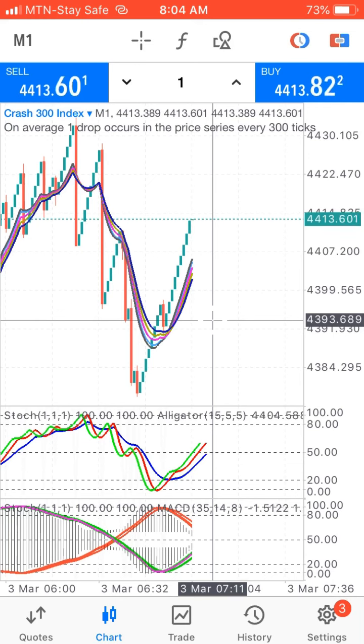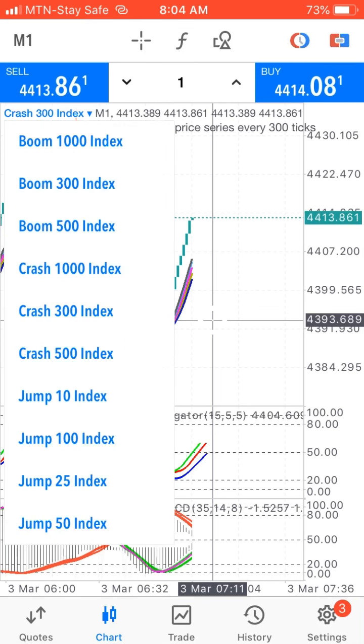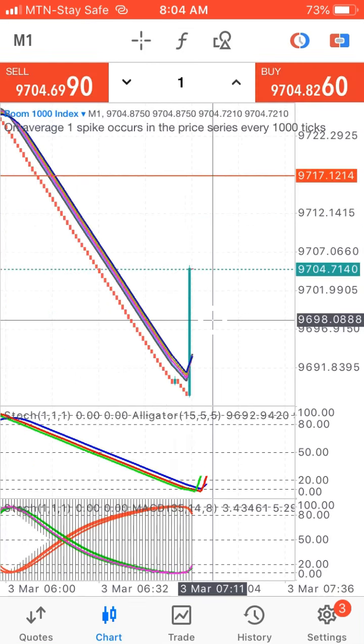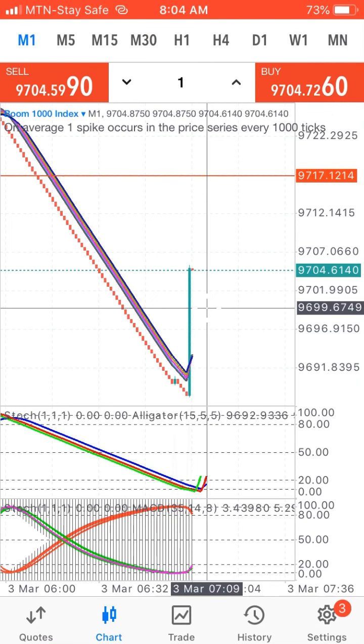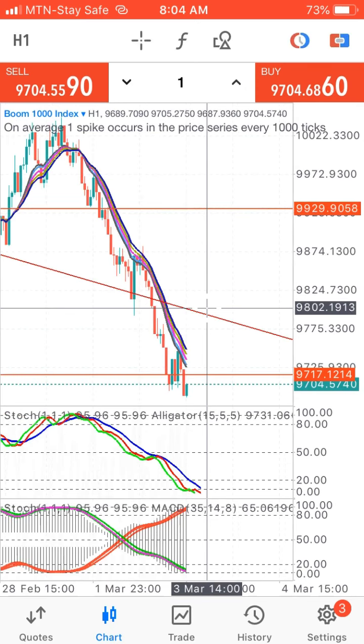So let me take you guys right into the settings for this indicator. And also you can note this works on the Boom 1000 as well. Okay, so on this Boom 1000 now, we have seen that this is a downtrend. I already got into this, and I checked. This is a downtrend